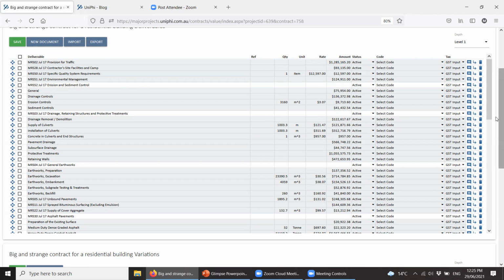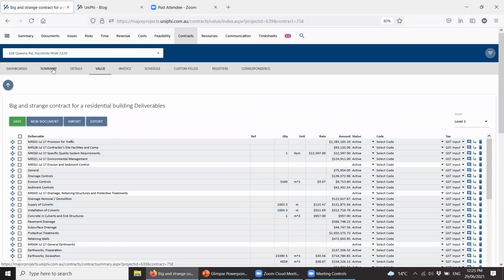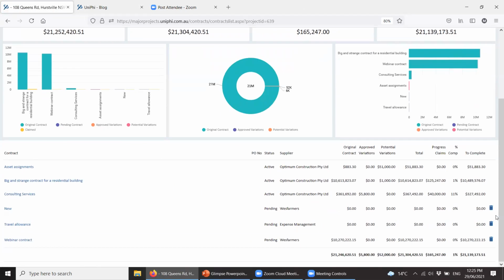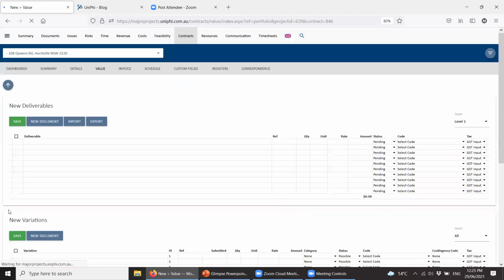The other key thing that we tried to do in this particular version, I'll just go into a different contract for that, is make things easier to set up. And so if I click on this one here, it won't have much in it. It's all blank. Instead of hitting an add button and then entering a deliverable and then save and then add and then enter a deliverable, save, add, enter, save, you can just start typing in. And so it's all very Excel sort of tabbing down. You're writing your deliverables,